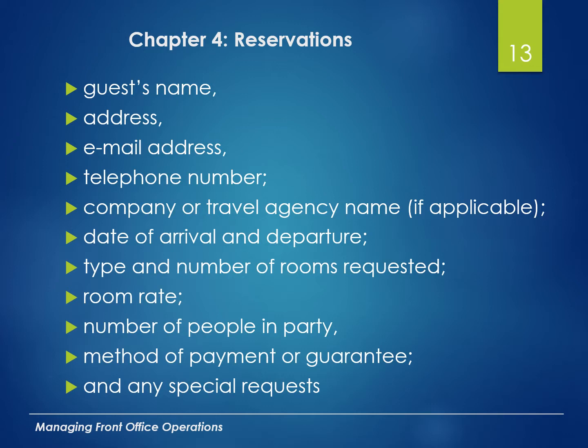So in the last chapter, we went through a lot of different room types. Do they want a king? Do they want a double? Do they want connecting, or do they want adjacent rooms? So all these different things. Do they want river view? Do they want city view? We also have, when we're working with groups, what's called run of house. And that essentially means whatever room is available when the guest checks in, that's the room that they're going to get. We also want to verify the room rate.